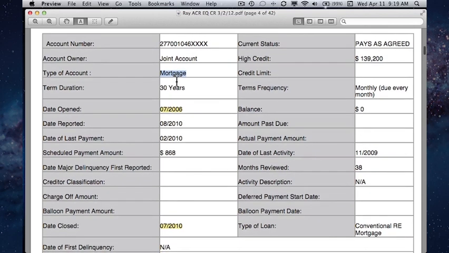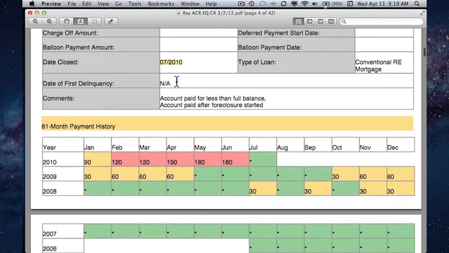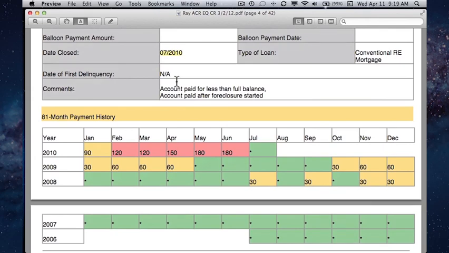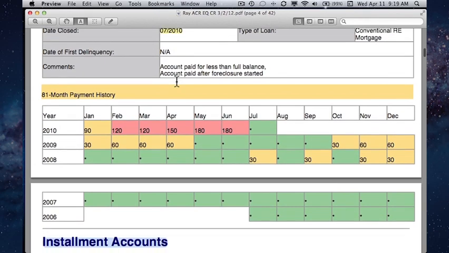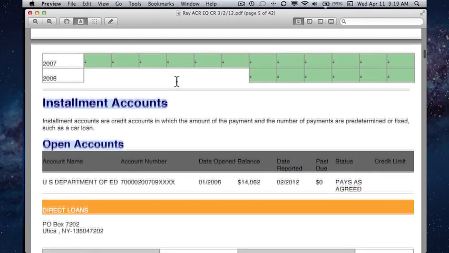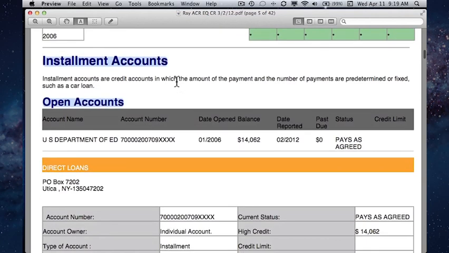So the type of account here would be mortgage. On your worksheets or your calculators, this would be counted as an installment loan. And it has its own 81-month payment history as well. Now, leaving the real estate or mortgage loans, we go to the installment accounts, and it's listing the open accounts